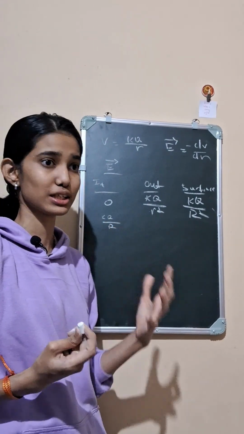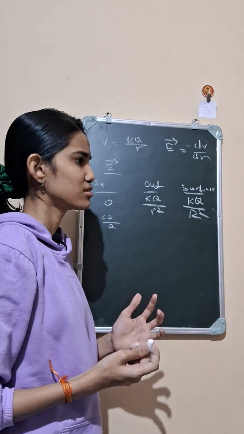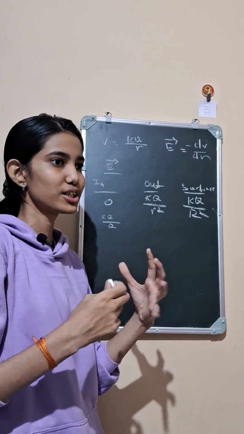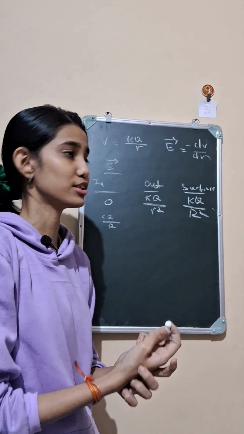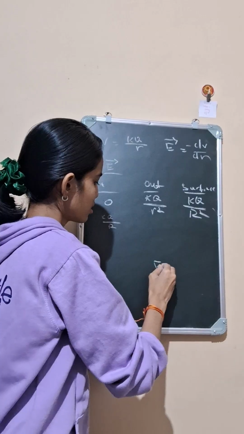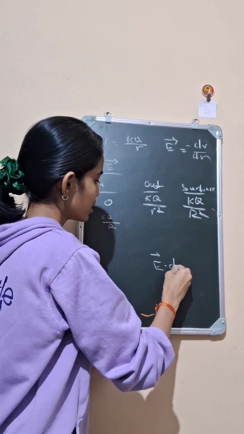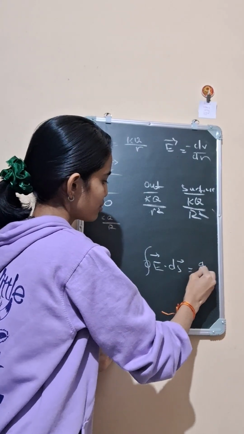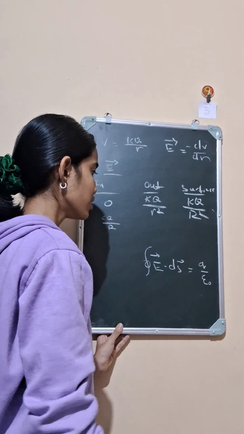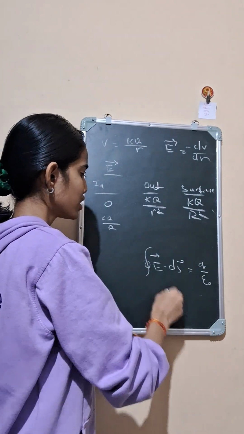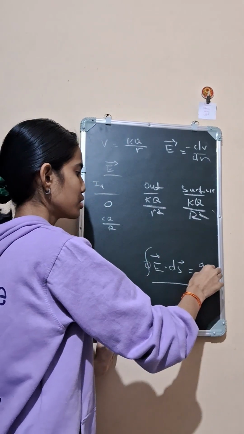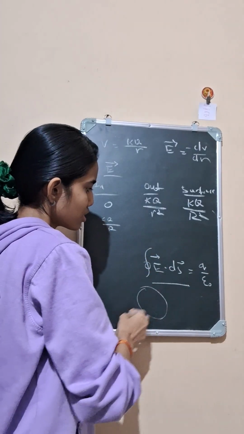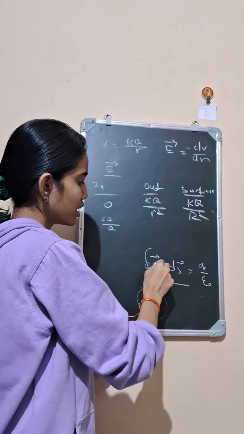Actually here something named Gauss law is applied, and Gauss law is actually a formula which is something like changing one type of integral to another form. Simply, you know that Gauss law for electrostatics is integral E dot ds equals q by epsilon naught, right? So from this you can know that this is the flux due to the charge and this is the charge. It means for a Gaussian surface, if there is no charge inside, the electric field will be equal